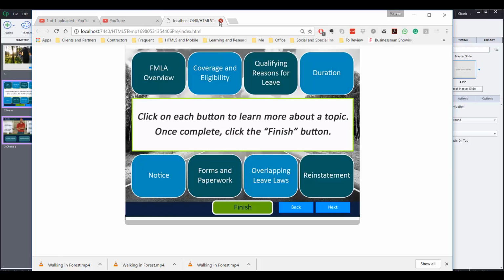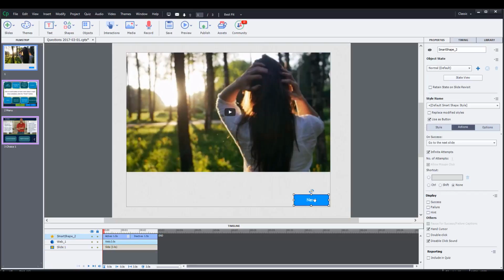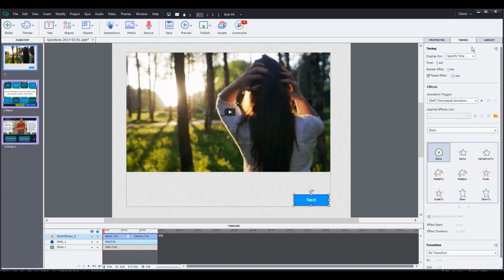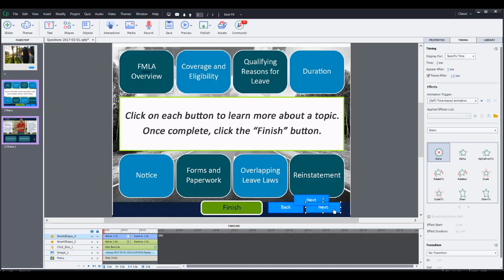However, notice that I did have to copy, in essence, those onto each slide. There are a couple of ways you can avoid that. One of them would be to come back to the button up here, the next button, and when you choose it, to choose under the timing option to say rest of project. Well, that means that now it's always going to be up there in the rest of project, but also notice that when you do that, you want to make sure this place object on top is checked unless you don't care that it's being hidden in some cases. So if I do that, and then I get rid of the next button that's here on this slide,